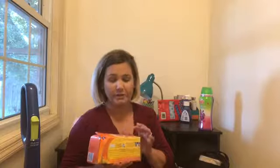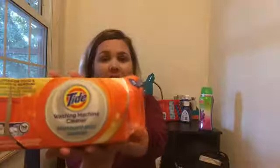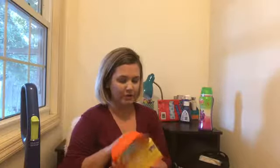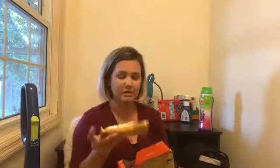So then I have this here. We have to clean our washing machines, and they're a pain in the butt to clean. You're not supposed to use vinegar. When I bought my new washer and dryer a couple of months ago, they told me not to use vinegar, and they recommended this. So I picked it up, and it is the Tide HE washing machine cleanser. So once a month or once every other month, I just take one of these pouches out, cut it open, toss it in the wash, pour the contents into the washing machine, and wash it on